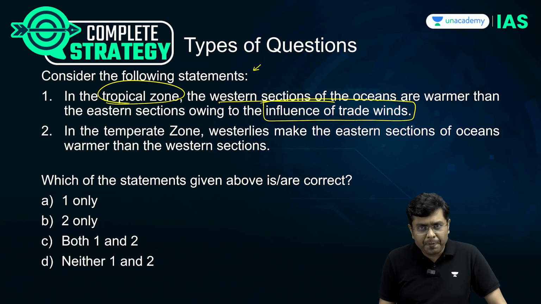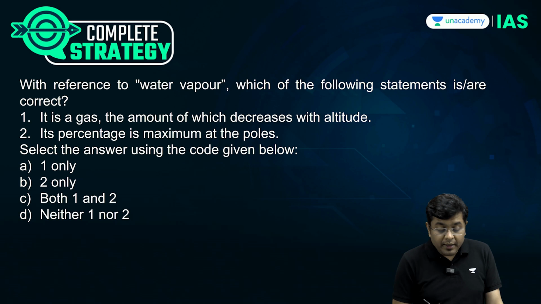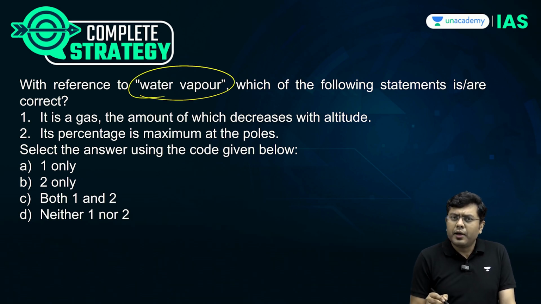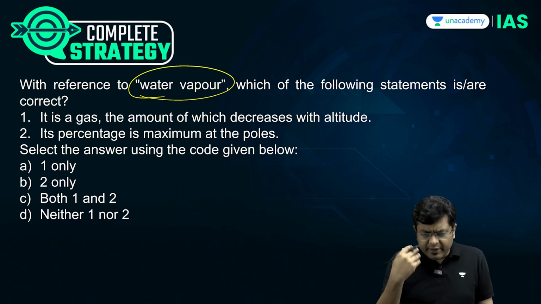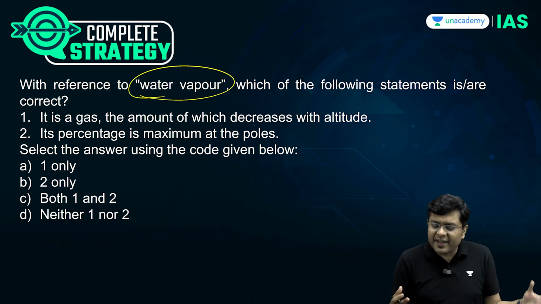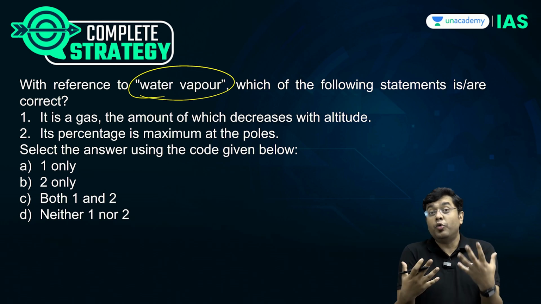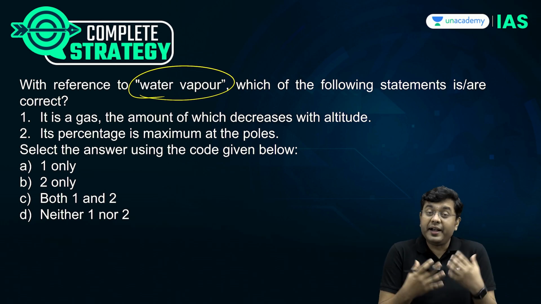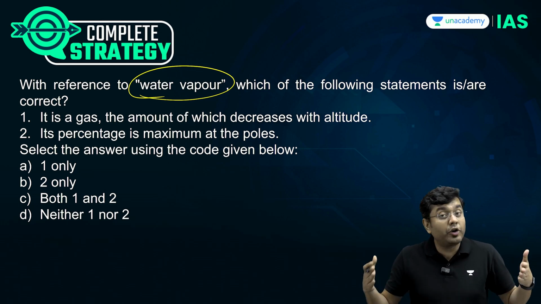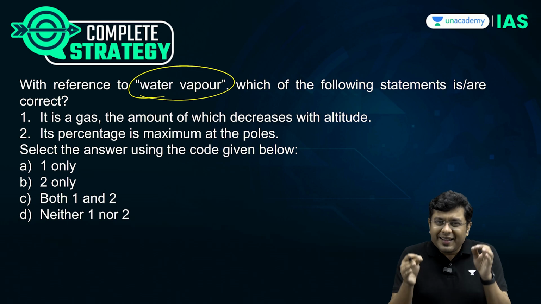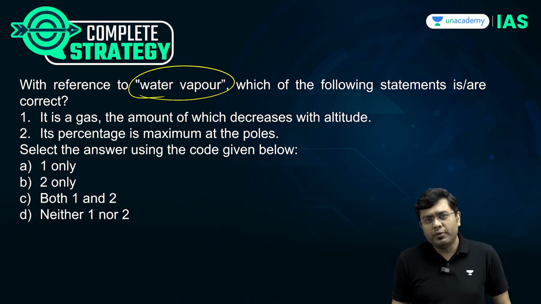Even if you take a look at the question which was asked in 2024, water vapor, concept associated with that. Now, water vapor, is it present closest to the Earth's surface? Yes. Water vapor, does it induce warming? Yes. So here again, where more water vapor will be present, where there will be greater evaporation. Where is greater evaporation happening? At the region of the equator or at the region of the poles? That is the logical conceptual analysis which will carry you through.